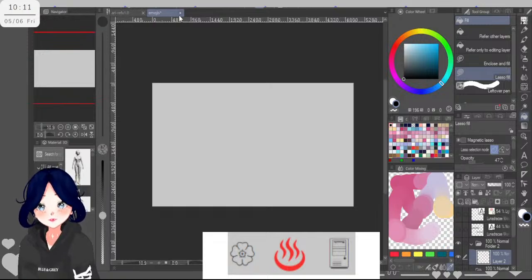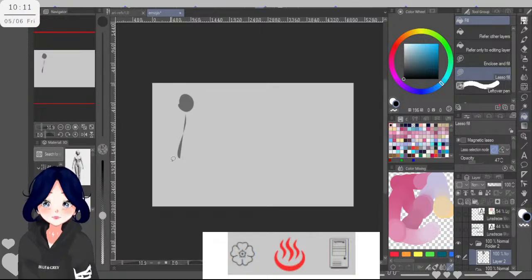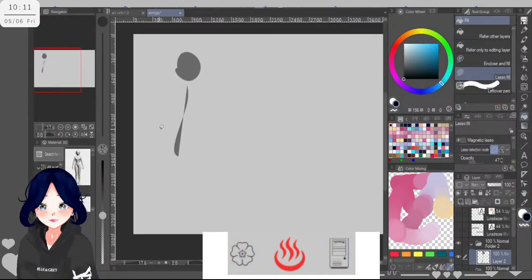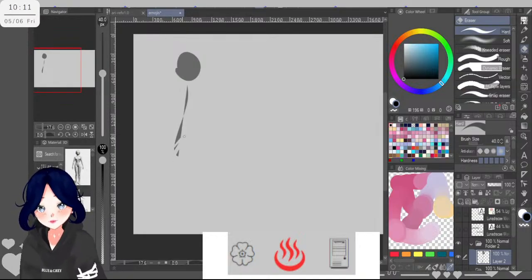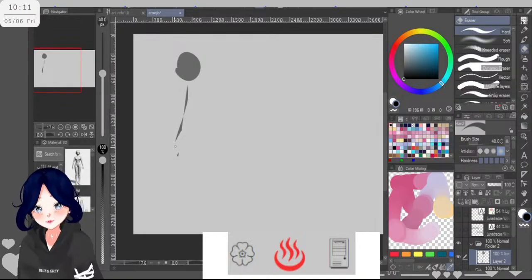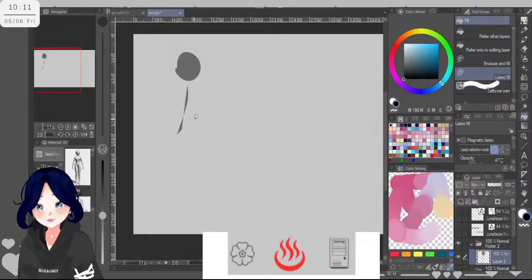So let's clear this. We have the head. That's the torso, that's a little too long, so it will be almost like that.